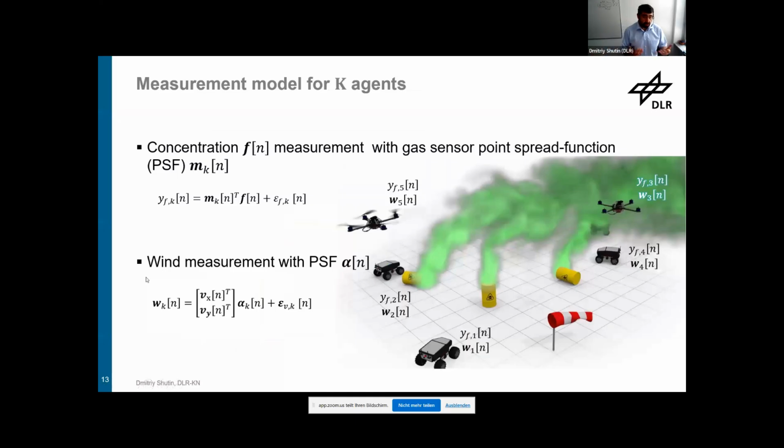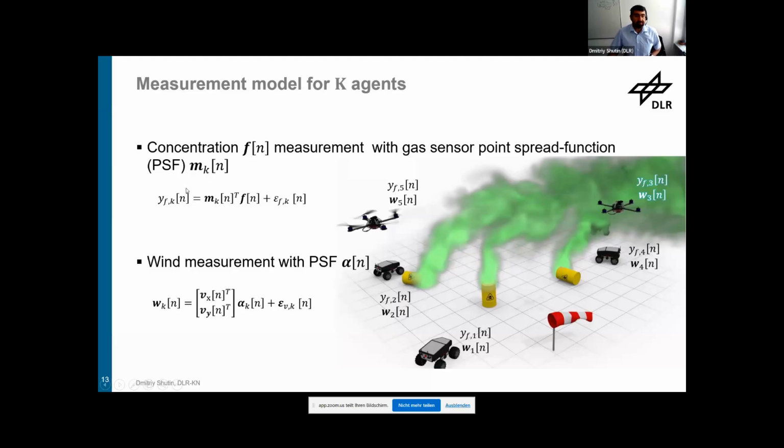How are these measurements constructed? Well, as I said, we equip our drones or robots on the ground with the corresponding measurement sensors. It can be an in situ sensor, which is put directly into the plume. This in situ sensor, of course, has a certain impulse response, or actually a point spread function, that tells you how sensitive the sensor is to a particular location. It's not necessarily direct. We often model it like this, but it has some sensitivity in space. It also has sensitivity in time, so this is not an exactly accurate model, but it is a very good approximation.